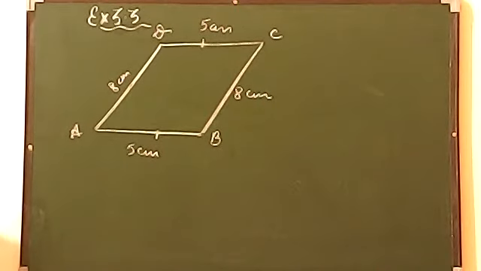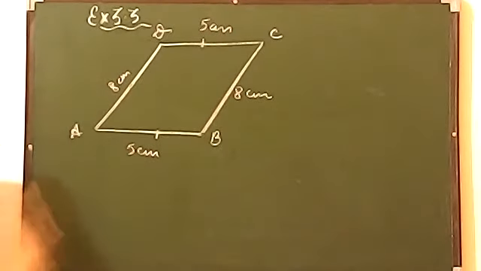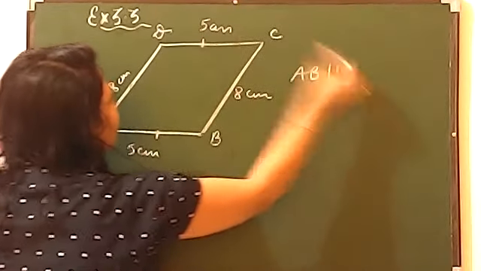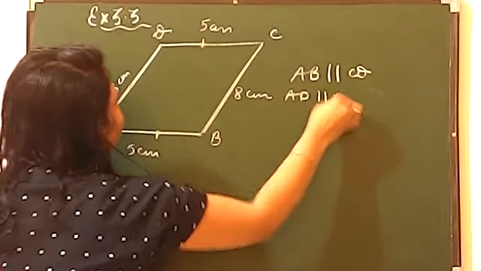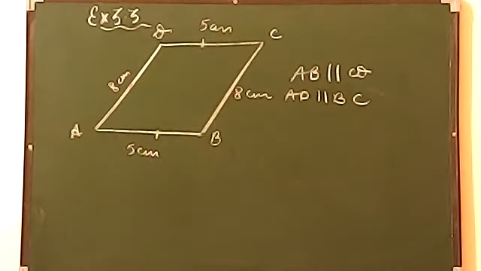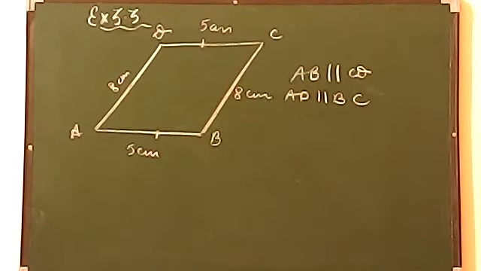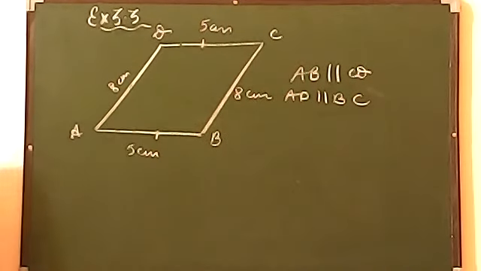Now let's move on to the second property. Opposite sides are equal, we have done it. Now opposite sides are parallel also. Parallel का मतलब ये हुआ बेटा, AB is parallel to CD and AD is parallel to BC. These two sides are parallel to each other. Means ये वाली इसके parallel है, ये वाली इसके parallel है. That means they will never intersect each other if you extend the sides, and their distance will always be equal. Distance means इन दोनों के बीच का distance will always be equal and इन दोनों के बीच का distance will always be equal. Equidistant because they are parallel lines.